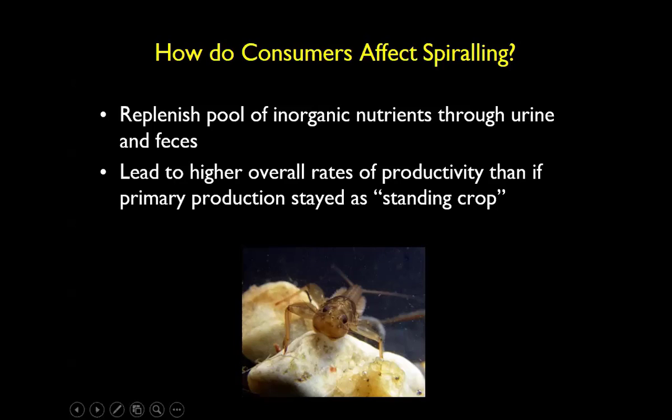So when you have a whole lot of consumers in general, but grazers in particular, they're going to be moving it back from the organic compartment back into that inorganic ion phase through their metabolism. But of course, some of those nutrients also are going to be contained in these invertebrates. So it'll just depend on where they go. And in general, what's interesting, and this is somewhat counterintuitive, is that